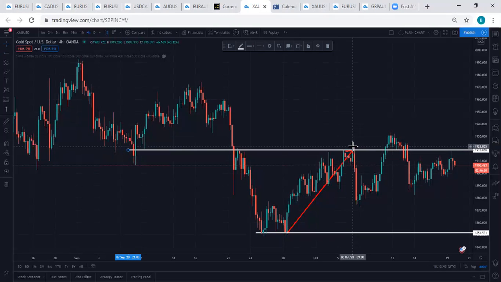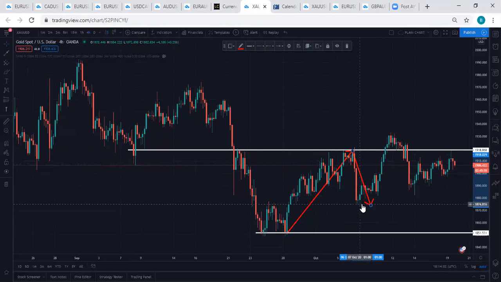Now, like I told you, history has the potential of repeating itself in the forex market. This gold came down. It had a reversal. It came down from this spot. It hit this spot, and it came down to this place. Came down to this level. It came down to this level.